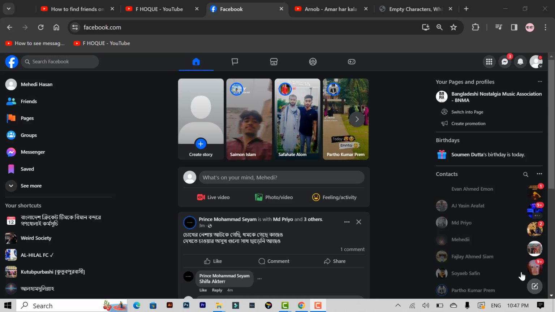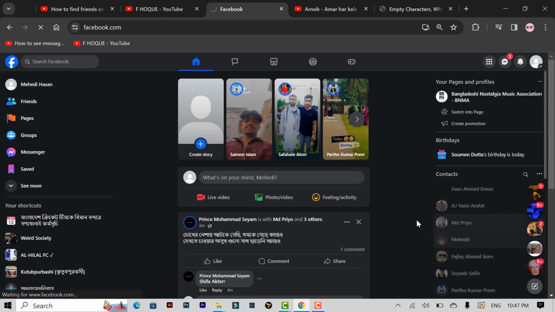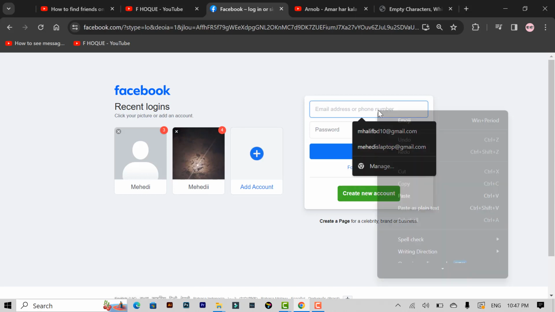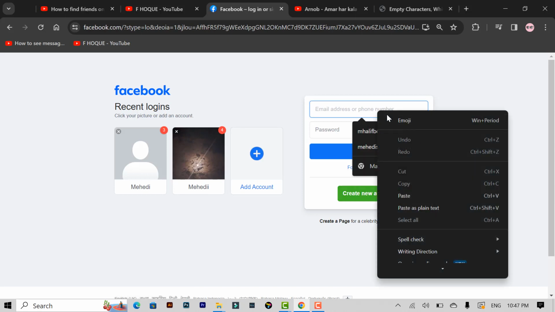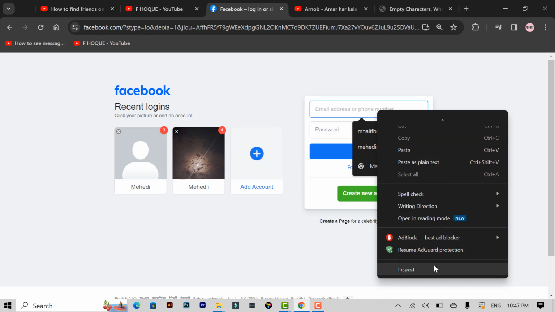In this quick tutorial I'm going to show you how to find friends on Facebook by phone number. For this setting you have to open your Facebook profile, then click here and click to log out. After clicking to log out, you can see the interface. Click the right mouse button, then click to inspect